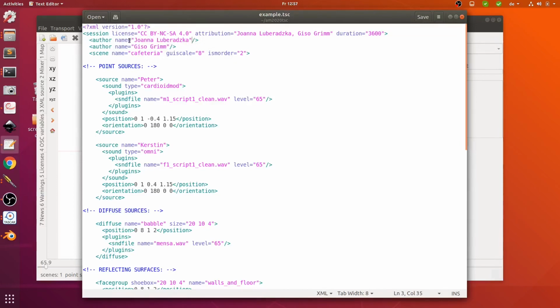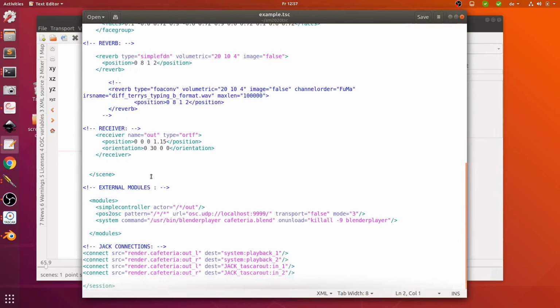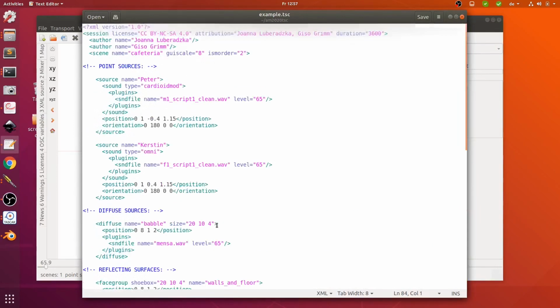So what can we do here? We can already see that our XML TASCAR file starts with an element session, and this will be a root element, which means all the other elements will be included in that element, which means it starts here and it ends at the very end of the whole file. Everything else will be included here. So here we can already specify the license, also the attribution. We can also specify the duration of the scene. And as following sub-elements, we have authors, and